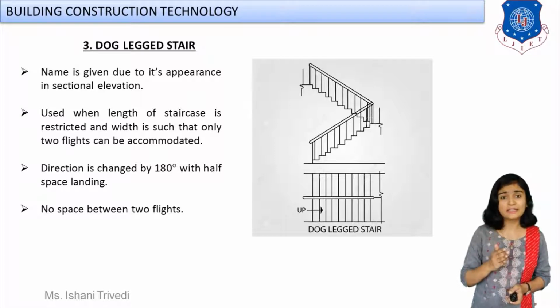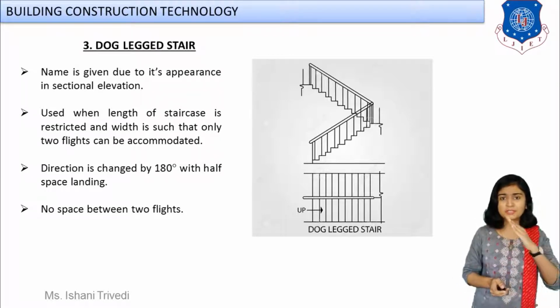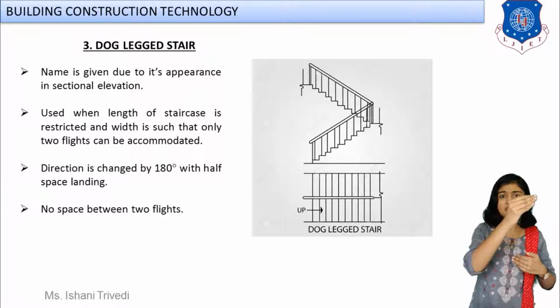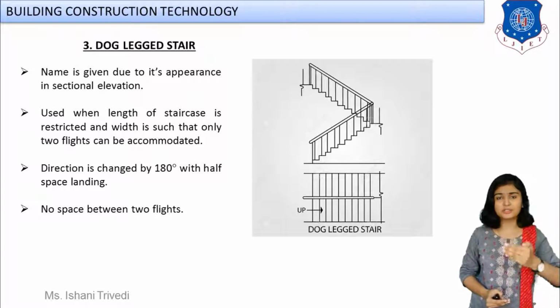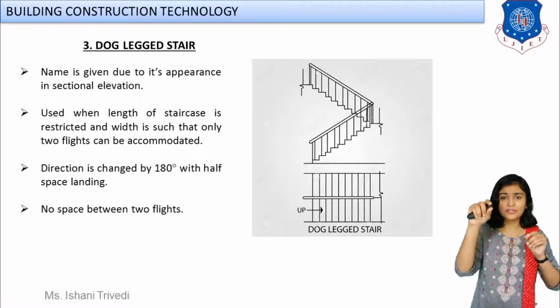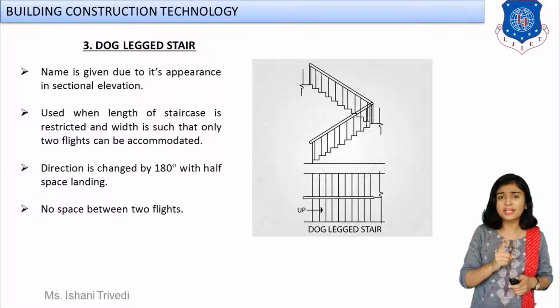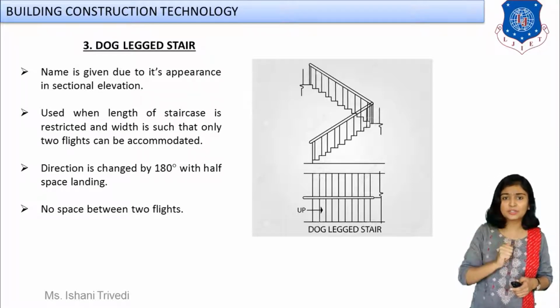Okay, so let us continue with the turning stair, in which the first was dog-leg stair. Now look at the image flashing over here, and the first sketch at the top. You have the first flight going in the upward direction. Then you will have a landing in between, and then again your second flight will go upwards. There is almost no space between the two flights. You have the handrail, the baluster, the newel post, but look at the cross-sectional elevation flashing over here. Can you see it is appearing like dog legs?